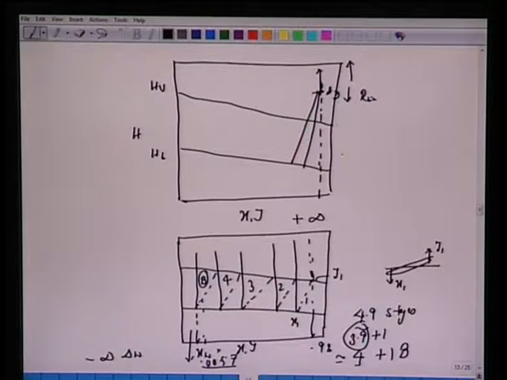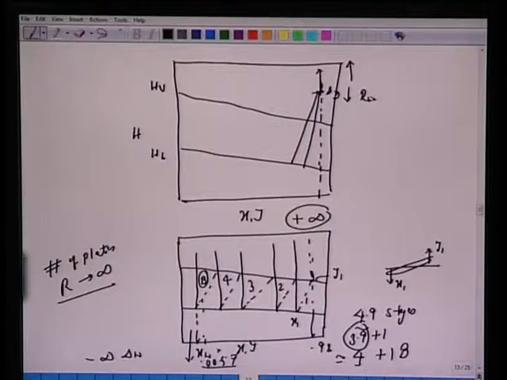So that is the calculation of the number of plates corresponding to R tends to infinity. It is a very simple calculation. Start from Y1, draw the tie lines, draw the vertical lines, because you realize that this del D has gone up. We have the minimum number of plates, so this corresponds to 4 plus 1 as the minimum number of plates.